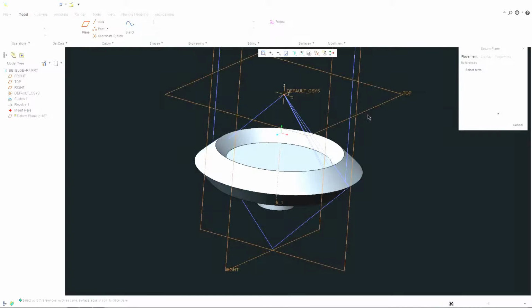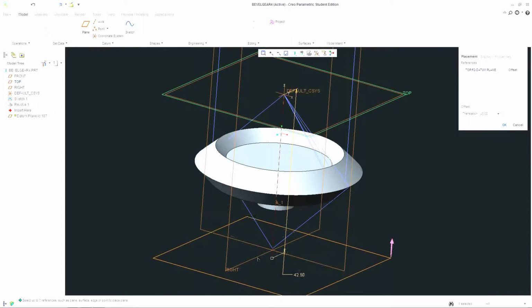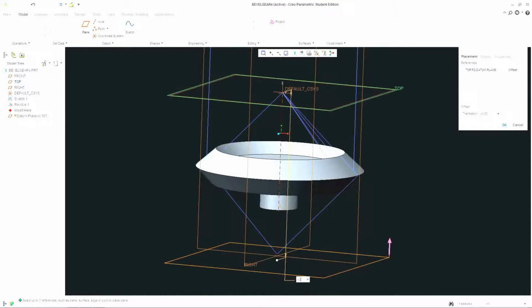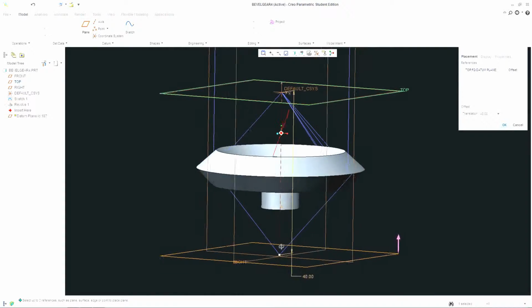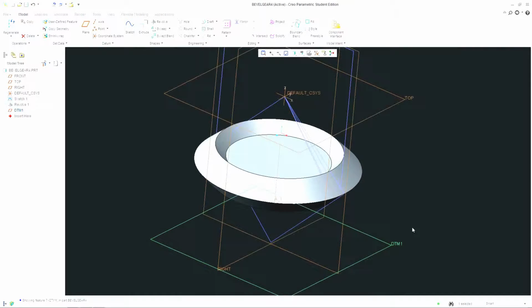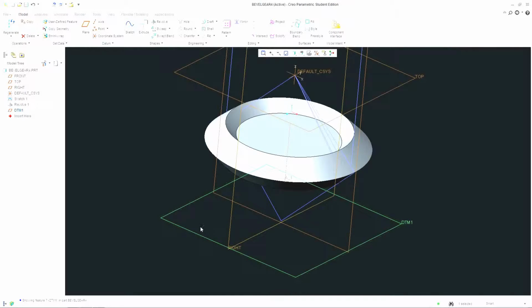I'll go ahead and create a plane. I need to draw a plane on the bottom here. I want that to be on the point of that line because I know it's 40 for the shape of the square, so it'll be 40 here. I'll create the plane there so I can create an axis